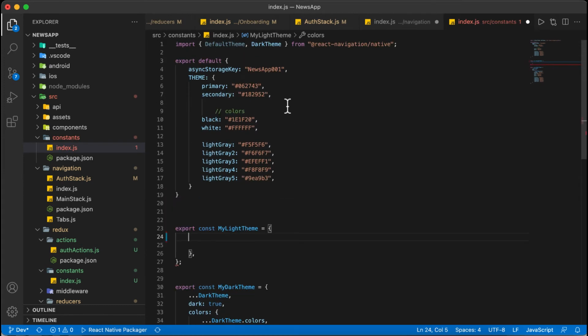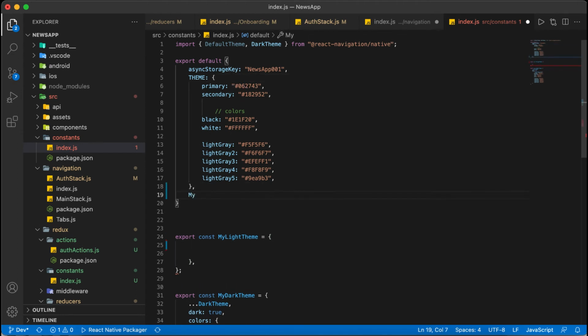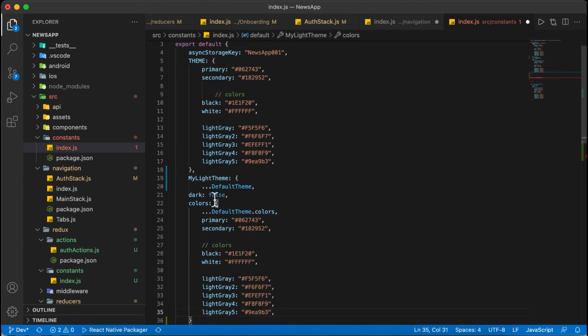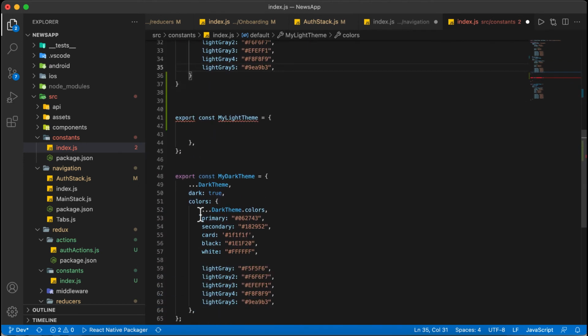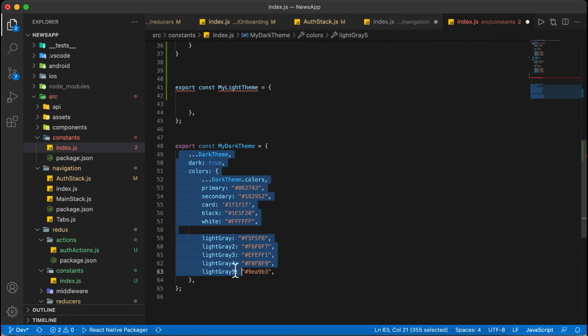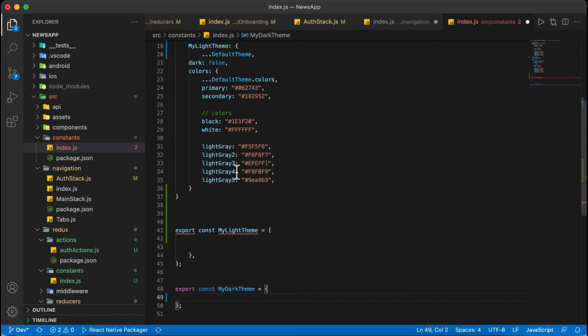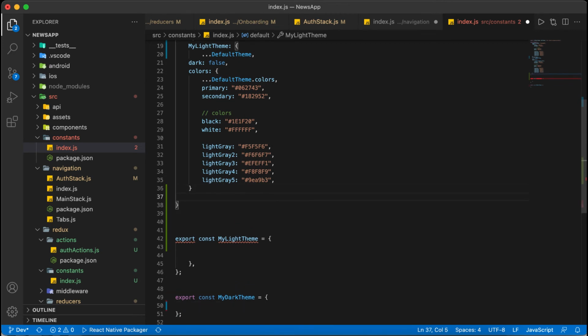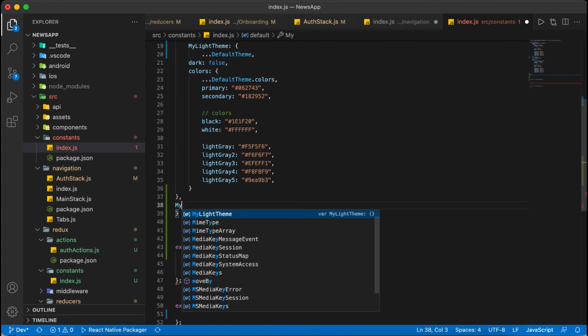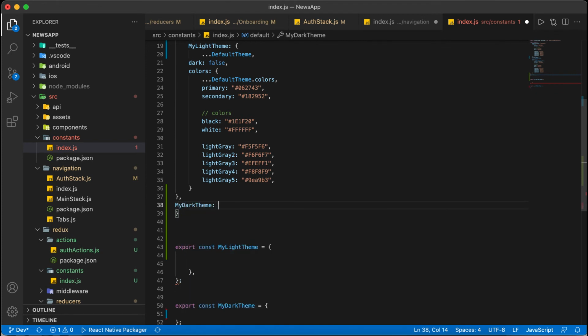After the theme, we will write my light theme. Then we'll copy the dark theme properties here, close one more bracket here, and here I will write my dark theme.